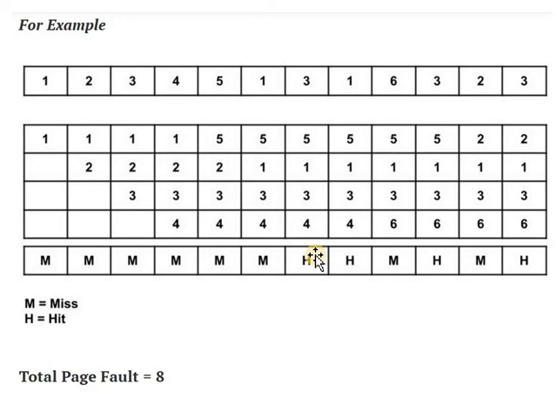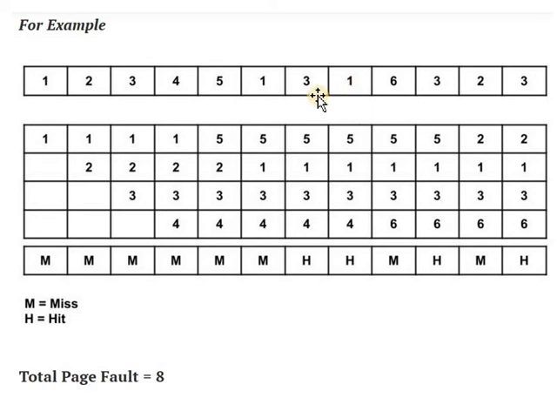Okay. Next, when 1 comes, same, it will check inside the memory whether 1 is available or not. Yes, here 1 is available. So, here a hit will occur and no page replacement is done. But when 6 comes, it will again check inside the memory whether 6 is available or not. No, 6 is not available in memory. So, here a page fault occurs, that means a miss occurs, and it replaces 4 because page 4 is not used for the longest time.